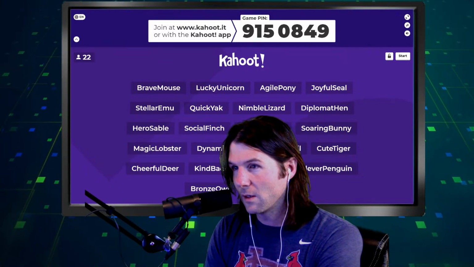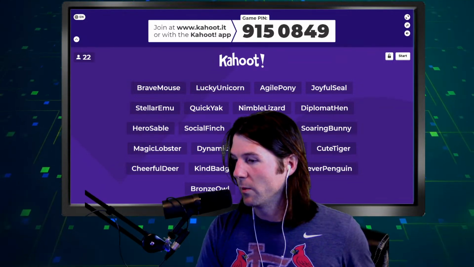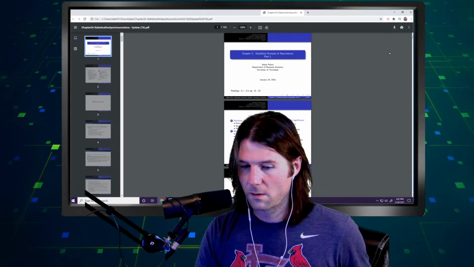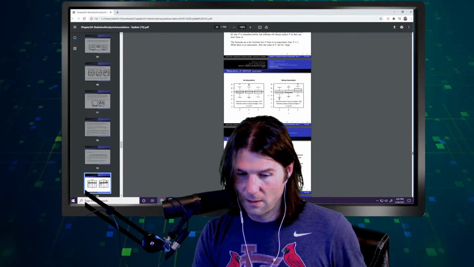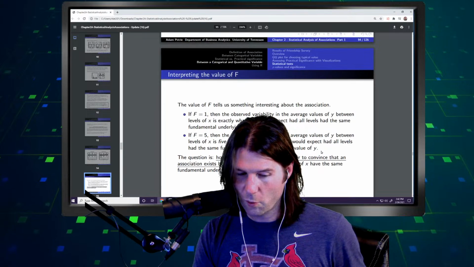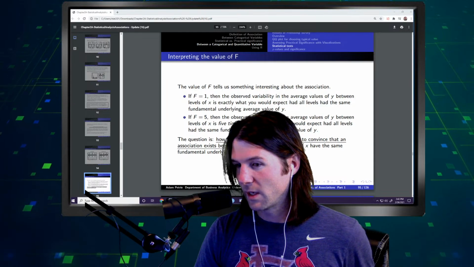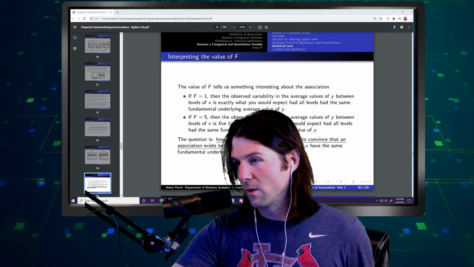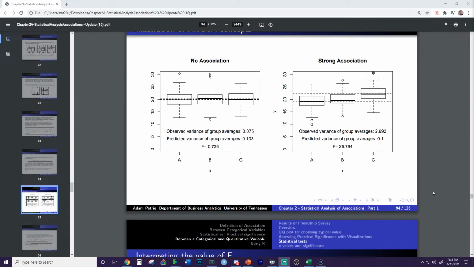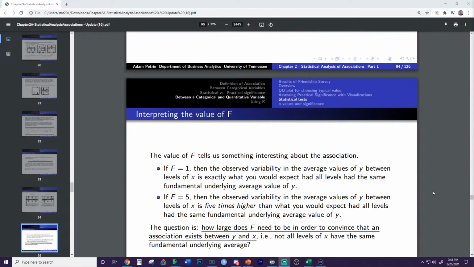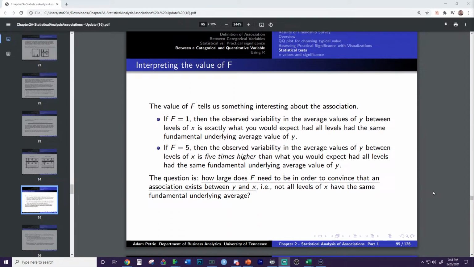So let's go here to the F statistic notes. When we interpret the F statistic, the interpretation is going to be all the way down here at the end. And here we go. This is some key interpretation right here. I'm going to go look at the screen while everyone's signing up for the Kahoot. Oh, you can see it right there. So there it is, a little bit bigger, but some key interpretation right there on the F statistic. Definitely review the between group and the within group variation and what it means to have a certain F statistic. Key important notes right here. Don't worry too much about the permutations.